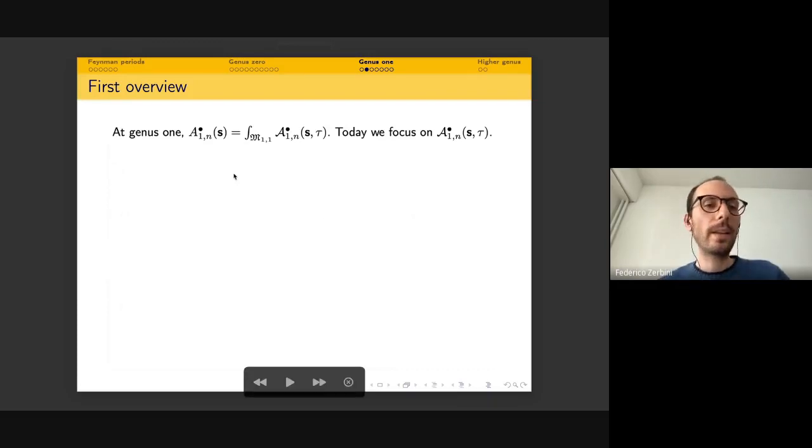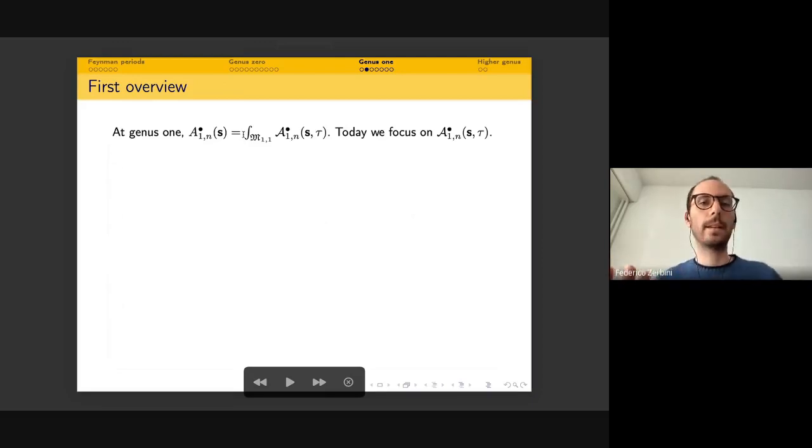So in genus 1, you have again this A, which is the Feynman integral that you want to compute of genus 1. So you have 1 here and n here, which is the number of strings that you consider. And then here it could be open or closed. And again, it will depend on some kinematic parameters. And again, you will want to study the asymptotic behavior as these parameters go to 0. But the difference here is that at least in the closed string case, so this equality is true actually only in the closed string case,